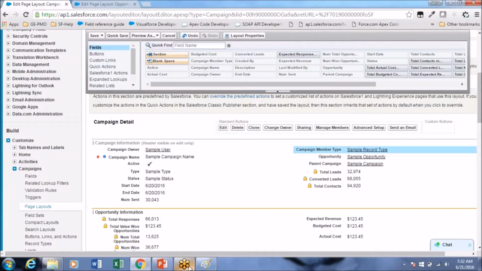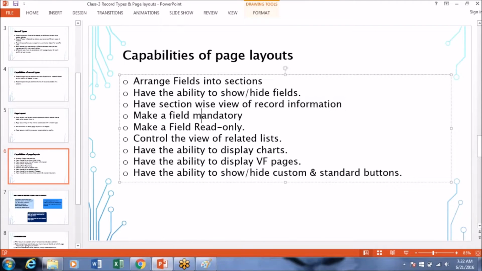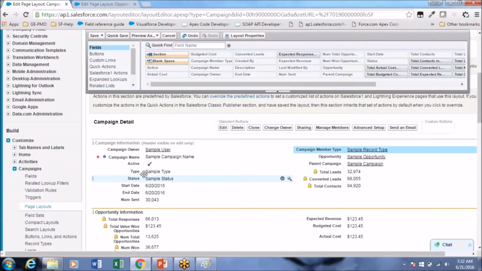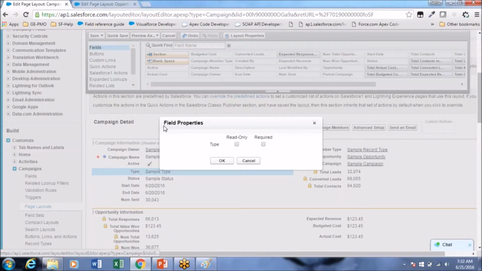And what I said is we can make a field mandatory. So for example, I want to make this type field mandatory. On this type field, we can see this wrench icon, right? Just click that wrench icon or double click on the type field. It will give you the field properties where you can make this required. Click OK.